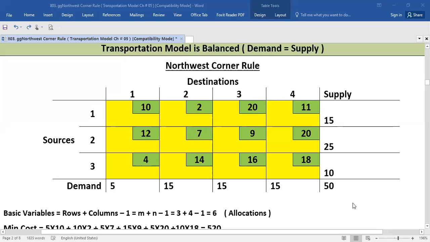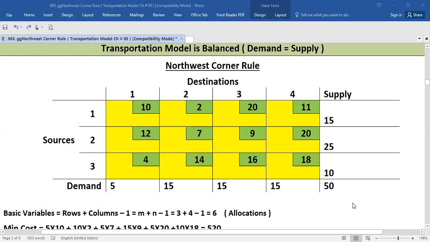Dear students, today in this session, we are going to learn the northwest corner rule that will help us to provide the initial basic feasible solution for the transportation model. This is one of the new styles or ideas for solving NWCR quickly and accurately. Remember that this video is for those hardworking students of BS Statistics who are studying operations research in their last semester and have keen interest in the subject matter being taught.